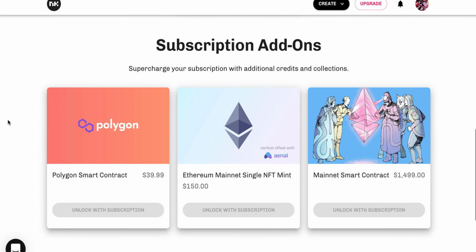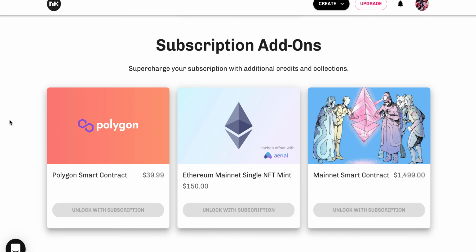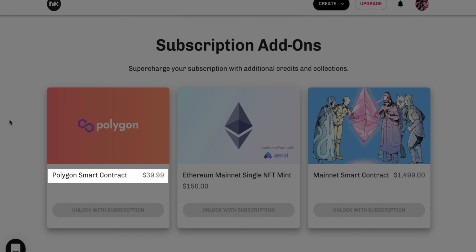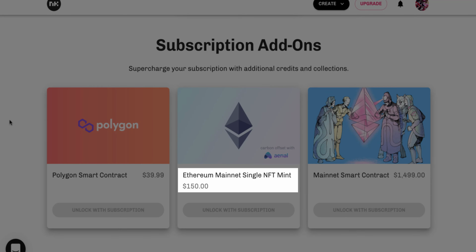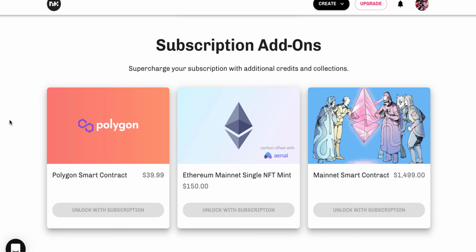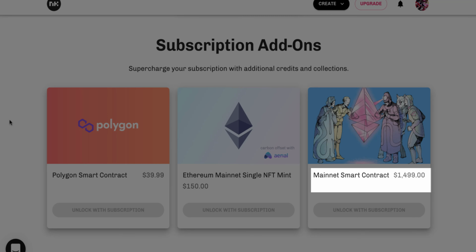Now, I will say they also have a subscription add-on. Depends on what you're planning to do. If you're doing something on an L2 like Polygon, for the smart contract, it's an extra $39.99 add-on. If you're going to do the Ethereum mainnet single NFT mint, that's $150. And then if you want the mainnet smart contract, that's about $1,500. It's